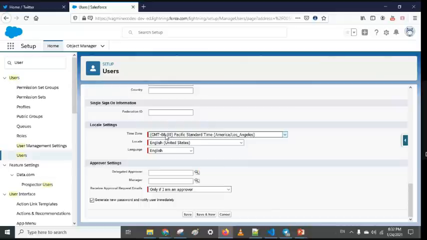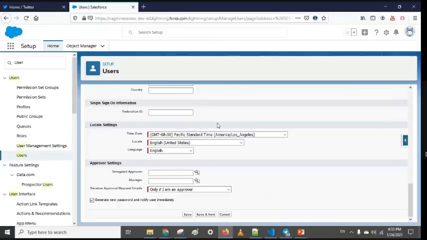Similarly, the clients who are in India ideally should be supported by the customer support who is in India, so that they understand them very well and proper communication is done. So the locale setting or the time zone we have to set up. It's very important, and we should also give the user access to change this kind of setting, because it's possible one user can work in multiple time zones.